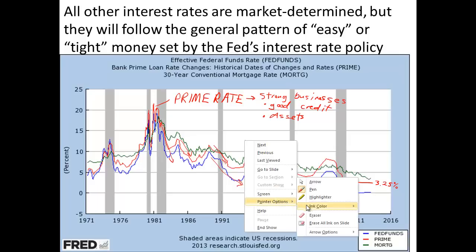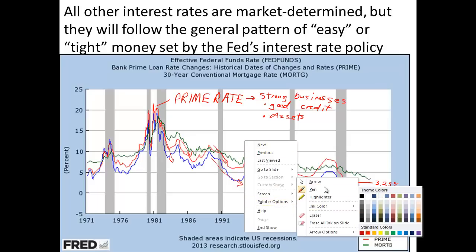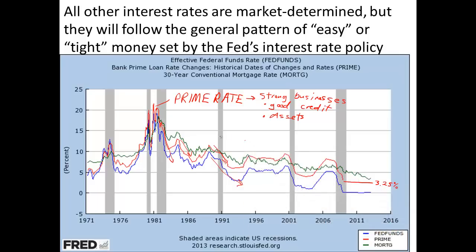We looked at the prime rate. Let's look at the mortgage rate. My green line here is a 30-year conventional mortgage. What's a conventional mortgage? This is generally viewed as a pretty safe mortgage where people put 20% down. People have a certain minimum, fairly high credit score. So people with strong credit who can make a 20% down payment on a house, they can borrow at the 30-year conventional mortgage rate. And you'll notice this is not quite as sensitive as the prime lending rate, mainly because